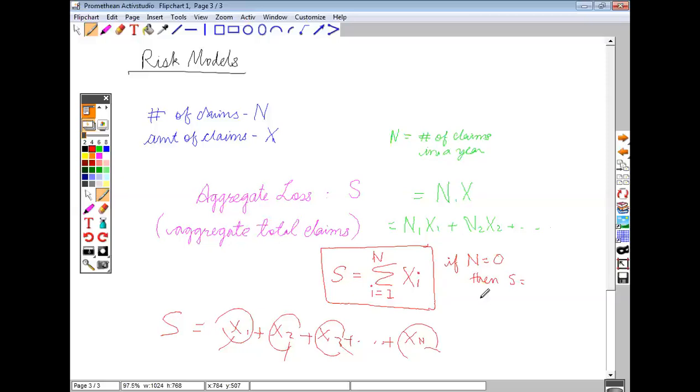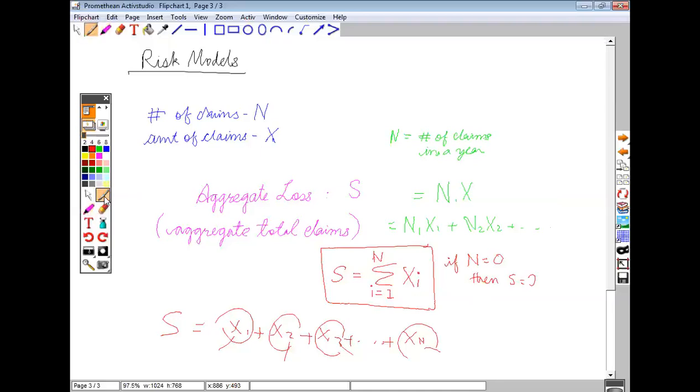Exactly, right? It has to be 0 because if I incur no claims, basically there's nothing happening. So there is no loss. So this is just a way to write. And again, now what we have to look at is,